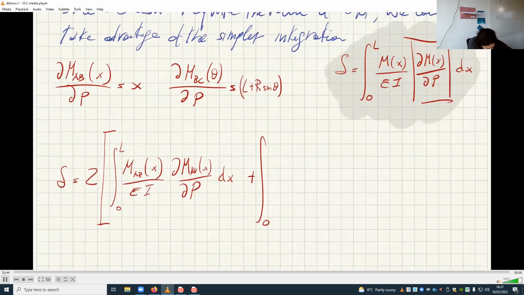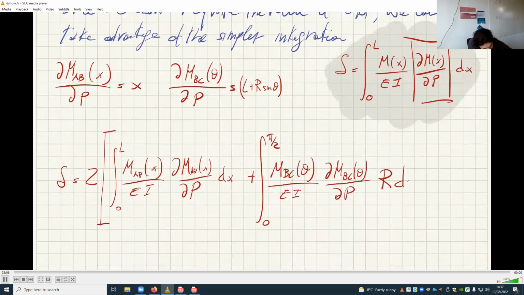Remember, integration is in radians always. So from 0 to pi divided by 2 of M_BC of theta over EI times the derivative of M_BC of theta with respect to P,